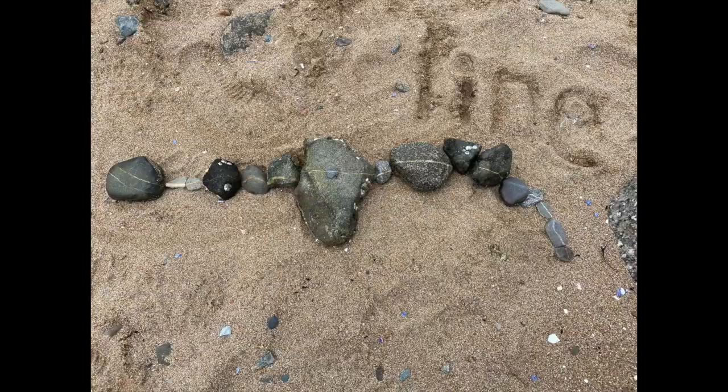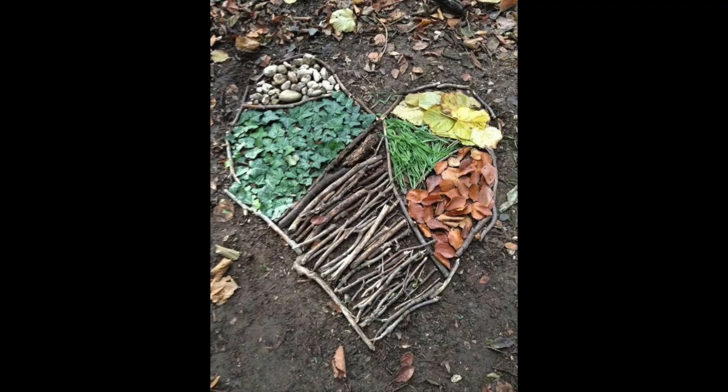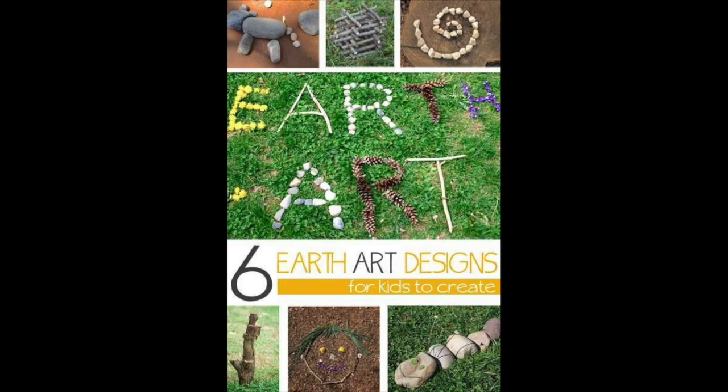So this is a really great type of artwork to do if you don't necessarily have things like paintbrushes and paint at your house. If you live somewhere where there are woods that are safe to go into, or your parents could go with you, it's really fun to walk around and find leaves that you think are special and make an arrangement with them. Here we're looking at some more kid-friendly versions of what Andy Goldsworthy does,